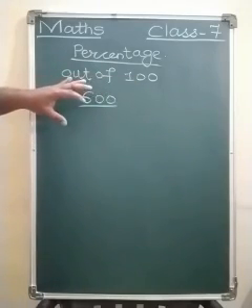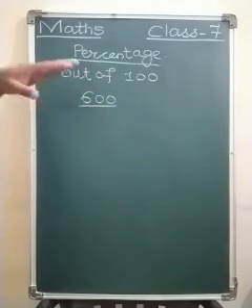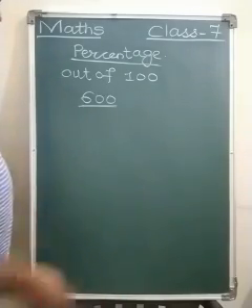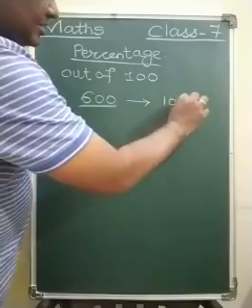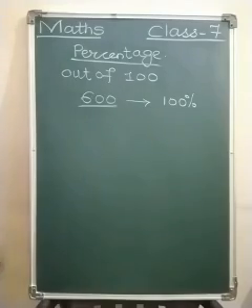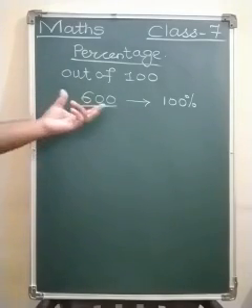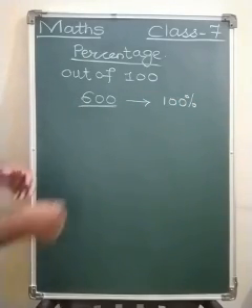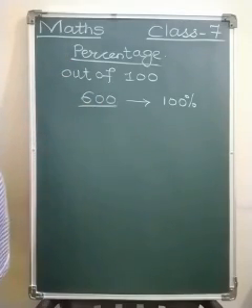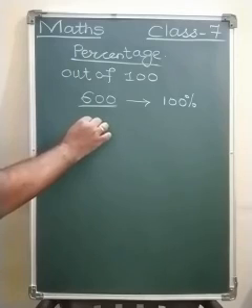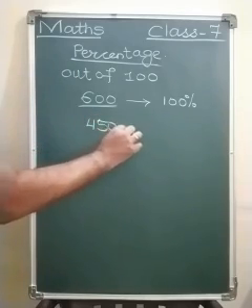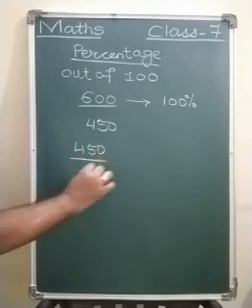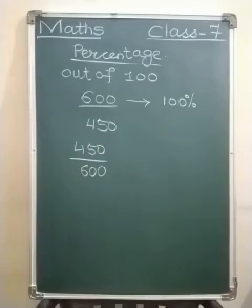600 marks you don't always get because in languages somewhere the marks are deducted. So the total of the marks of your papers is 600. This means it is 100%. If you get total 600 marks, you get 100% marks. But for example, suppose out of 600, you get say 450 marks. That means out of 600, you get 450 marks.